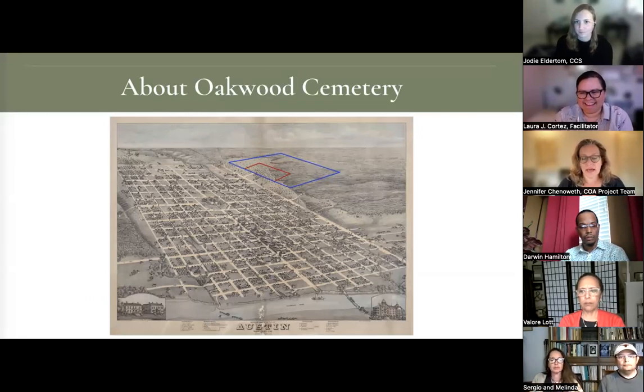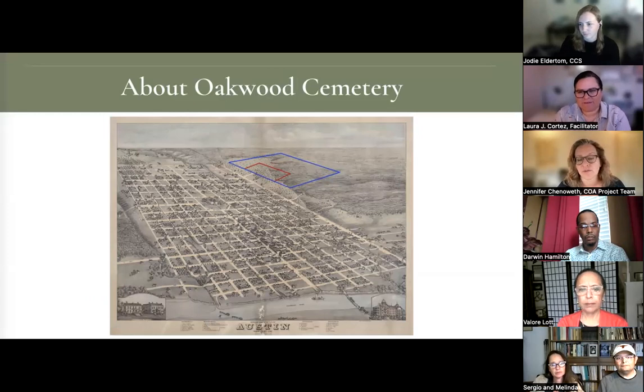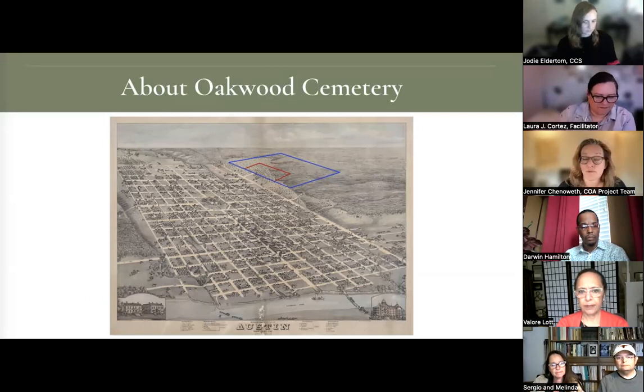this is a bird's eye view map, which Dr. Dudley uses often in her research, which helps me understand that it is pretty factual. The artist and company who would have drawn this would have really gone block by block to create an inventory, because this was long before aerial photography. 1873 in Austin